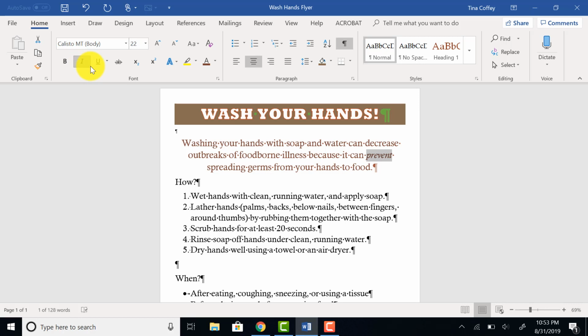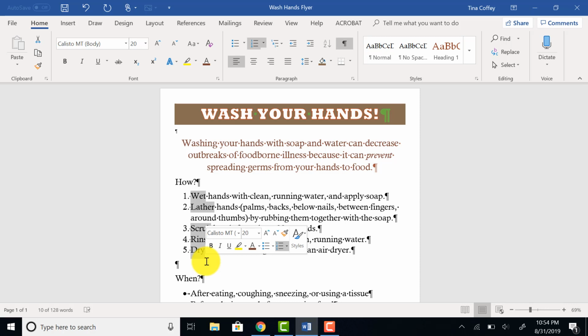And then now I want to select some non-adjacent text. That pretty much means text that's not right beside each other. So this is a little tricky. To do it, you highlight the first word, then you hold down your control key, highlight the next word, which in this case is lather, then the next words, scrub, rinse, and dry. While I'm highlighting these words, once I've highlighted the first one, I hold the control key down and keep it down till the very end. Then I can release the